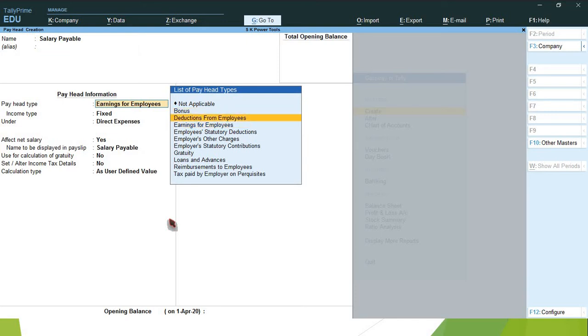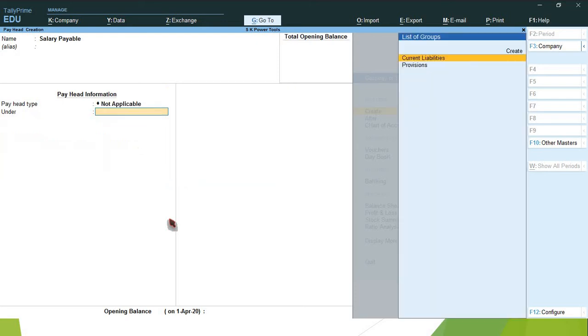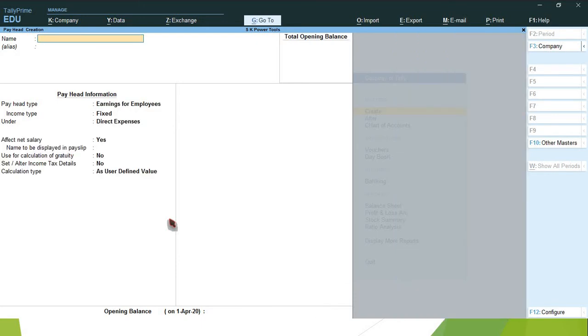Don't select all these payhead types. We have to select only not applicable, because this is not related to any payhead types. This is only outstanding ledger. So select not applicable. Under current liability, select current liability.